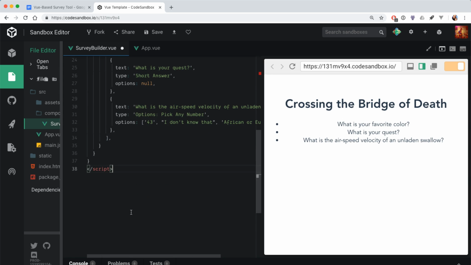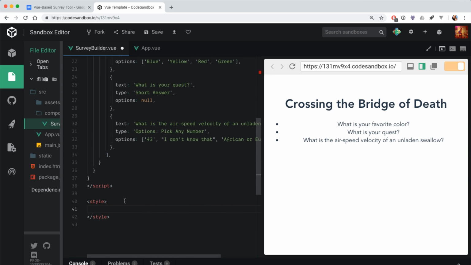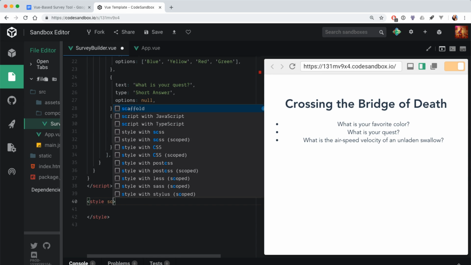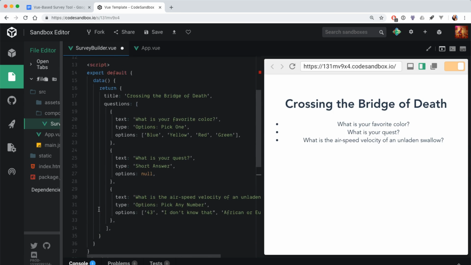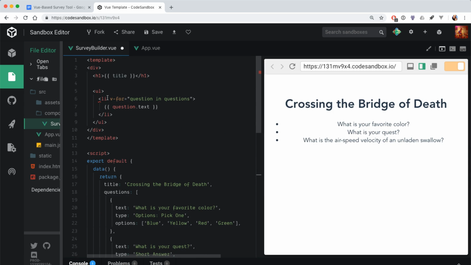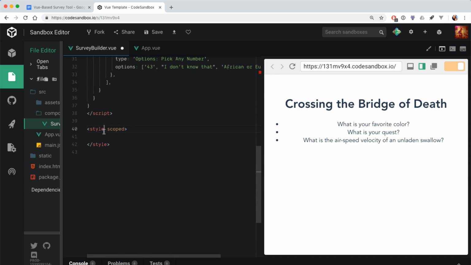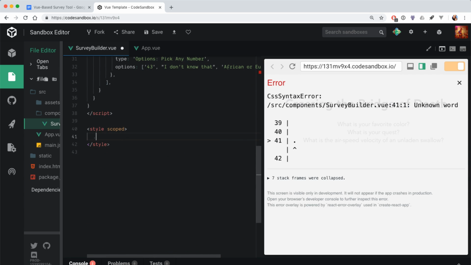Now maybe I will actually take the opportunity to put a little bit of style down here. The nice thing about styles for Vue components is that they can be scoped. If you scope your style, that means that class names you define inside of it will be transformed so that they're globally unique, and you don't need to worry about the cascade from cascading style sheets. If I do like, class, you can call it like questions, or something. I don't know. You are welcome to use BEM or some other better version of stuff,